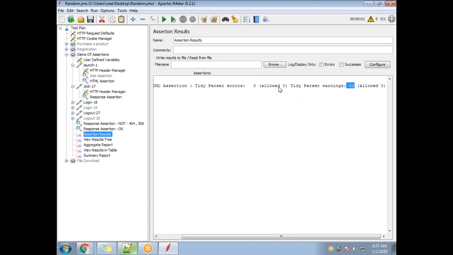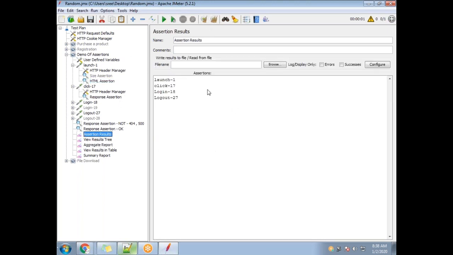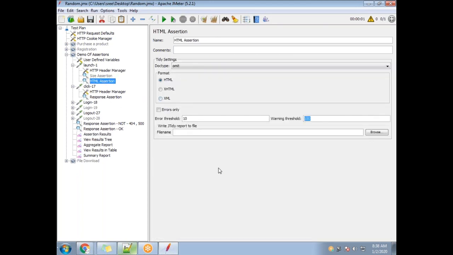If you want to give some threshold values, you don't want it to be 0, you can give some threshold. If 100 warnings and 10 errors are allowed, you can give that threshold over here. Now if you go ahead and run it, it will not throw that kind of error. Even though there are 32 warnings, it is not showing up because you gave a threshold of 100